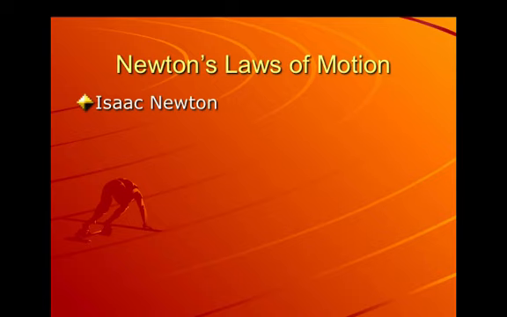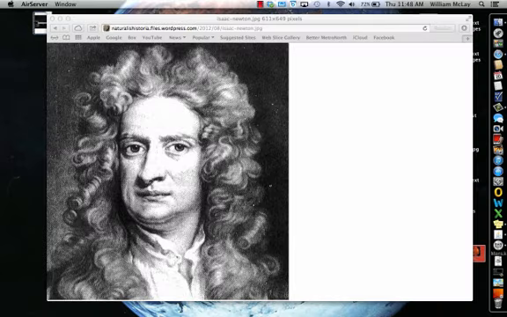Isaac Newton is probably one of the most important people that have ever existed in the history of physics. In fact, the physics that we do here is often referred to as Newtonian physics. Because Isaac Newton, to say the least, was a smart guy. At the age of around 23 years old, he was a full professor at Cambridge University, and they had to close the university because of an outbreak of plague, which happened quite often back then. And so during a lot of these closures, he worked on a lot of different things.